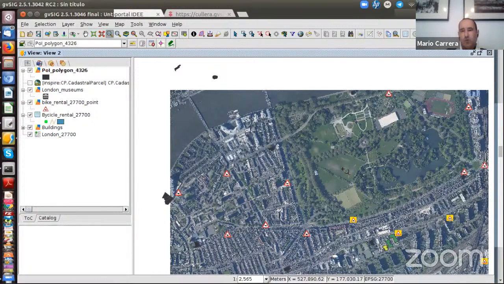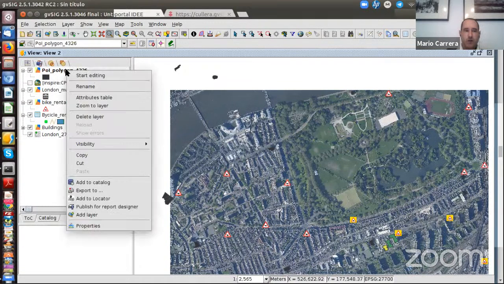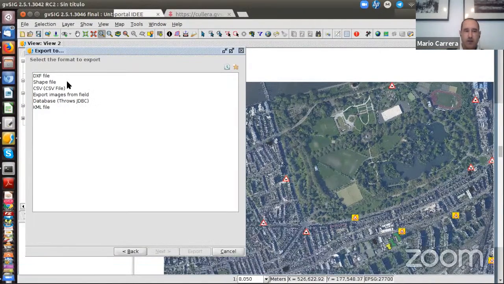What do we have to do to work on this layer? We have to reproject this layer to the reference system of the view. So how can we do it? It's very easy. It's now reprojected on the fly. So now we are going to use secondary button on the new layer, export to, then shapefile,